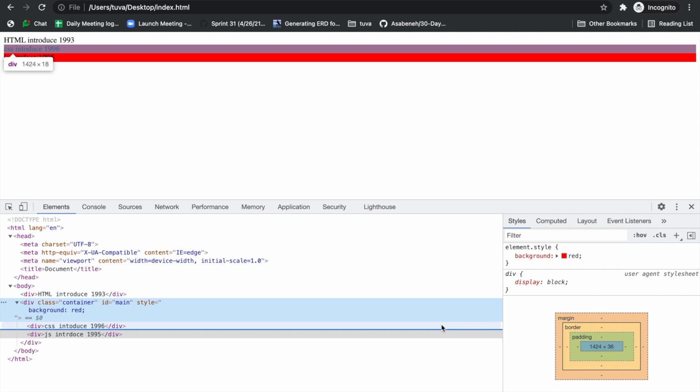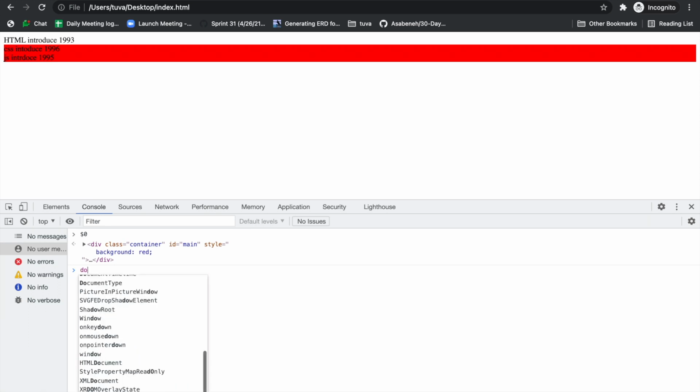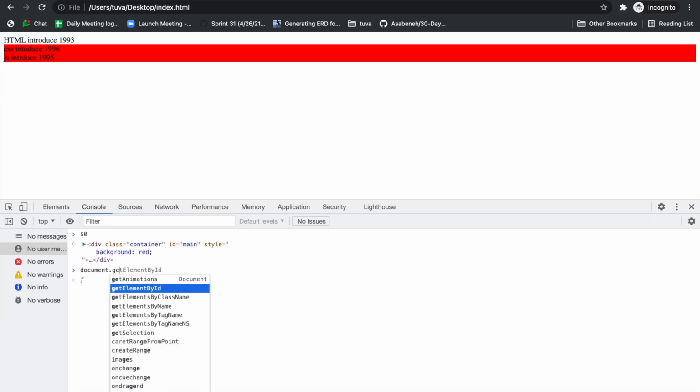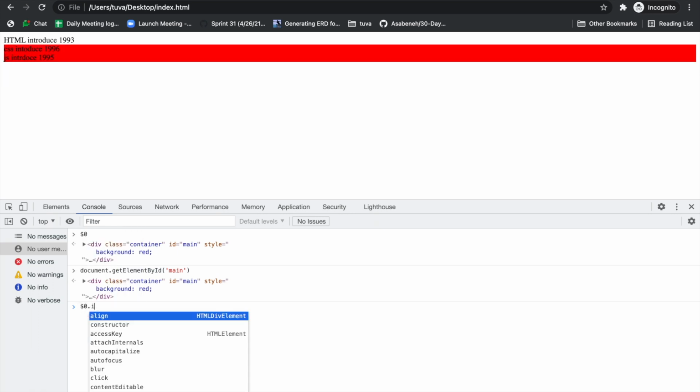We have a language, JavaScript, which allows you to change the DOM structure. Let's see an example. Here the container, just right click it. Put a dollar symbol, which will give the actual container like getElementById. So like this, document dot getElementById, both are the same, right? This is how it works. So let's have dollar dot innerText. See, this is the text that appears here, so we can change whatever we want.